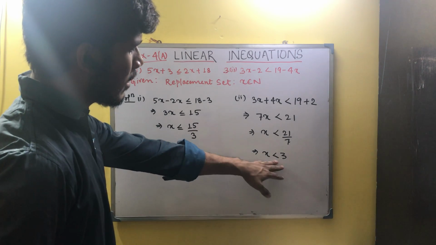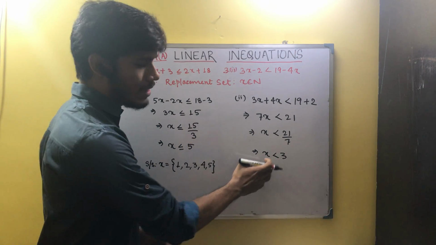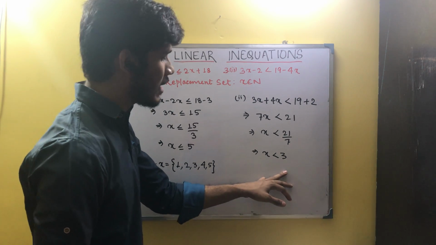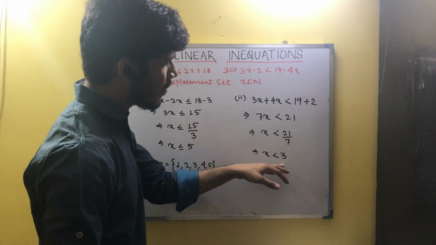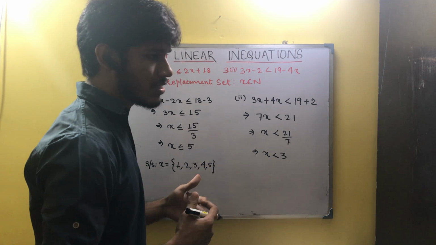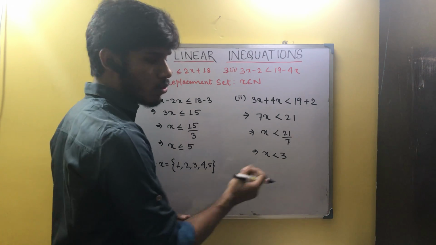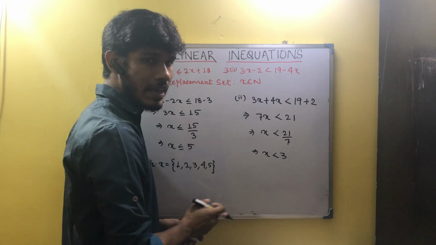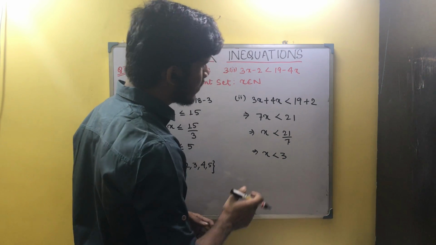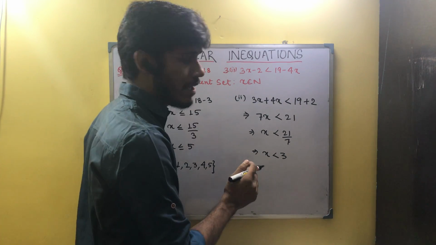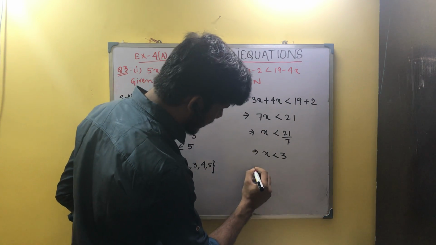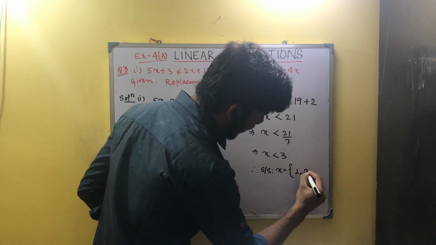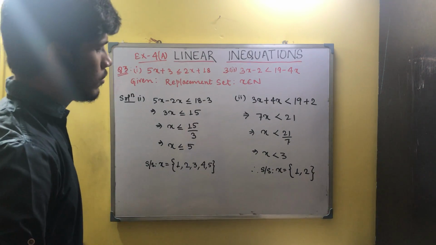Obviously, since x is less than 3, we don't have the equality sign here. So if x is strictly less than 3, it means that x cannot attain the value of 3. The maximum value that x could have attained is 2.999, a number that is very near to 3. But since we have been asked that x belongs to natural numbers, we cannot take the value in decimal form. So the largest possible natural number as a solution would be x is 2. So we get here the solution set as x equals to 1 and 2. These are the only possible values.